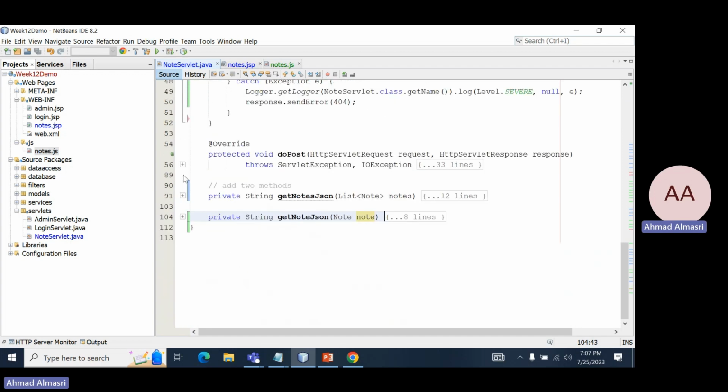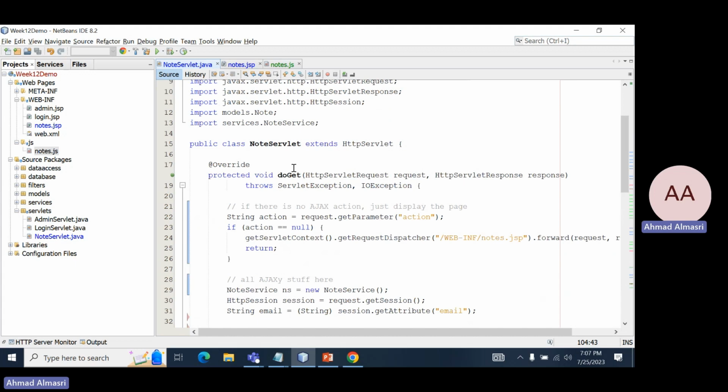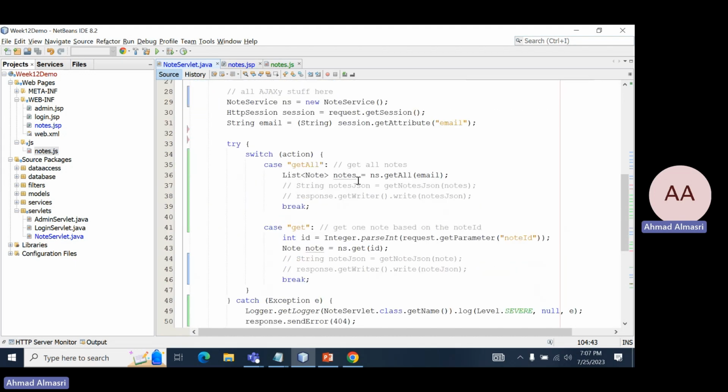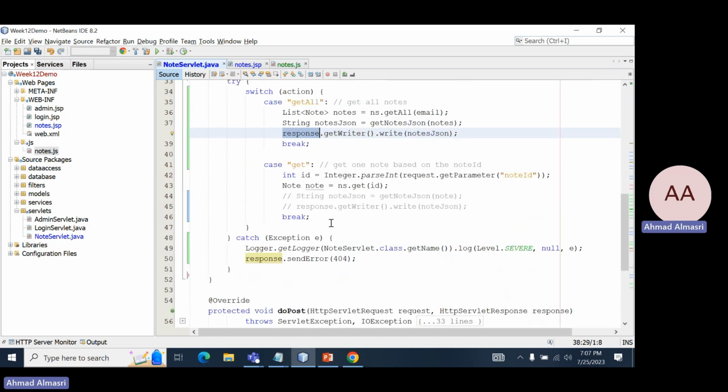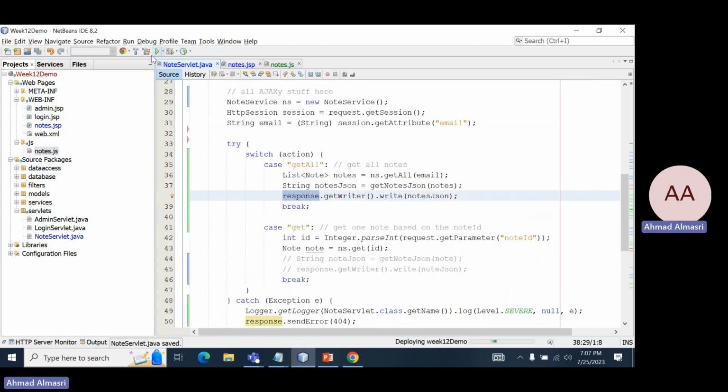Now here, what I want to do after I get all the notes is call getNotesJSON. This would give me the notes, and then I would respond back. As you can see, what we are doing is sending this as a response back. We are just sending the JSON data. Now let's see if this works or not. If I save that and run it,